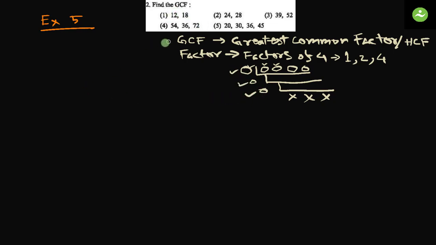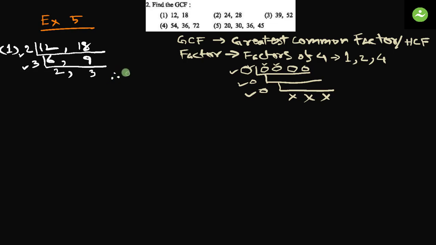Okay, let us start. Number 1, bracket 1: 12 and 18. What divides both? 2. 6 into 2, 9 into 2. And then next, what divides? 3. 3 into 2, 3 into 3. And we are done. So we will multiply 2 and 3 to find GCF. Therefore, GCF equals 2 into 3 equals 6. Answer